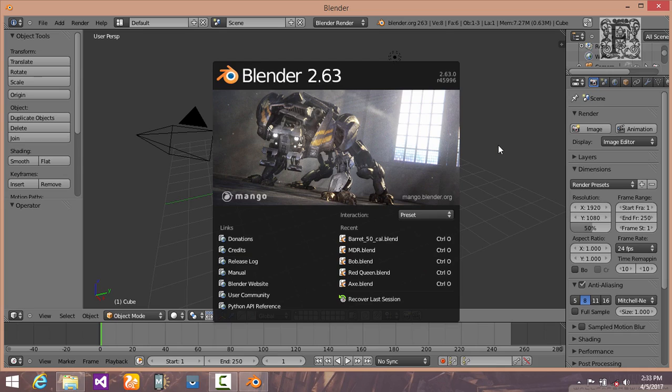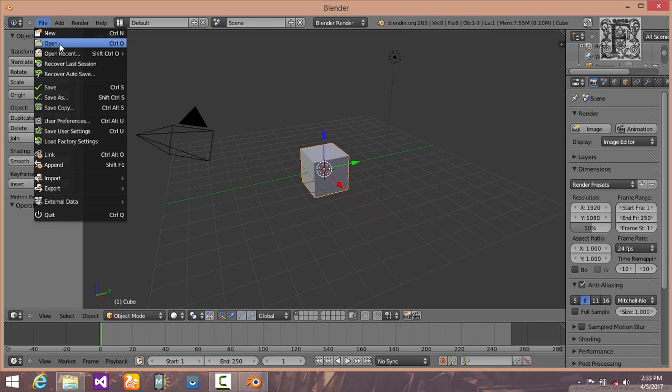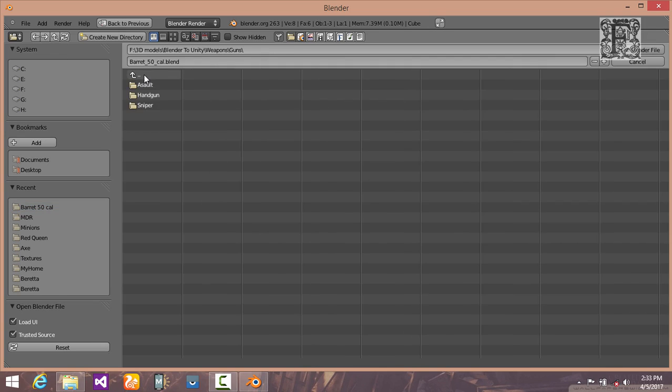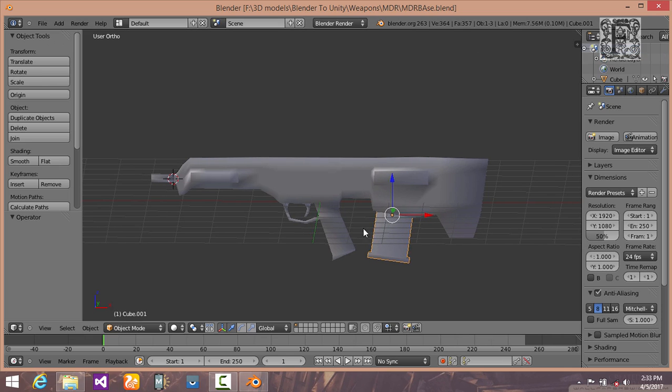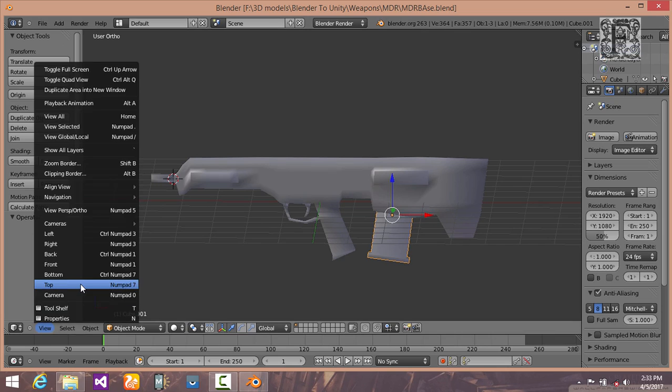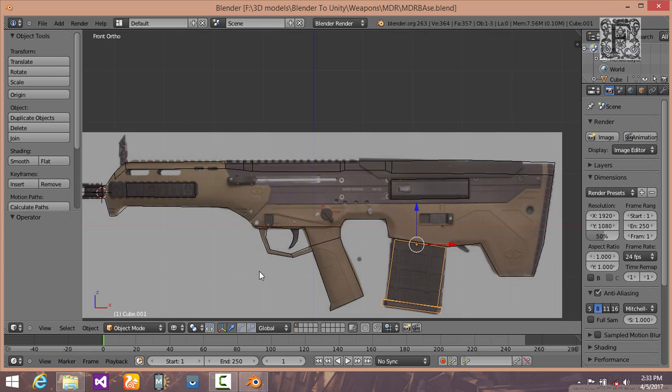So click here and go to file and press open and find your gun. Yeah, it's right here, and press open. Now we are inside Blender version 2.63a. Go back to your front view and now press Z,